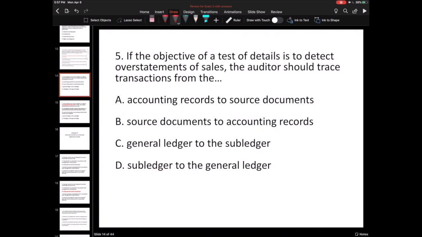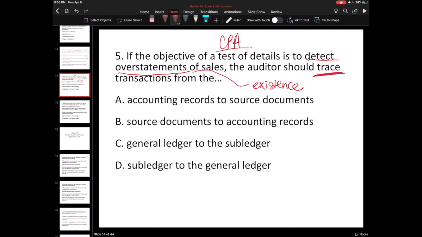All right, so the key to this question is you're trying to detect overstatement, all right? So that means my objective is to test existence. We know that. Now, a flaw to this question, which is an actual old CPA exam question, okay, I did not write this question, but a flaw to this question is the use